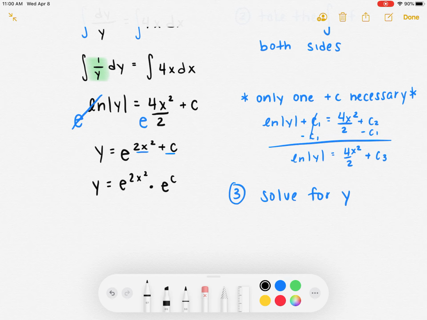So I can break two exponents apart that are adding by bringing the base to both of them and multiplying those two numbers. Then I also know, because this is me being super fancy, that e to the c is e to some number, and a number to a number is just going to give me another number. So I really just have one big constant times e to the 2x squared. And that would be my general